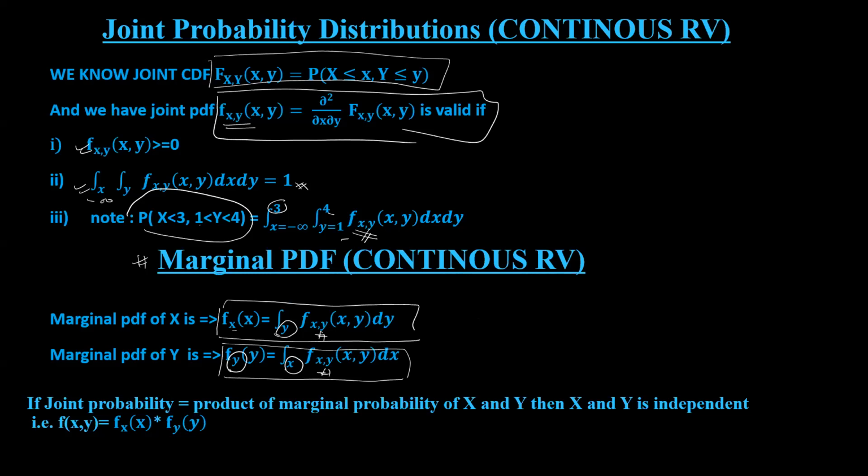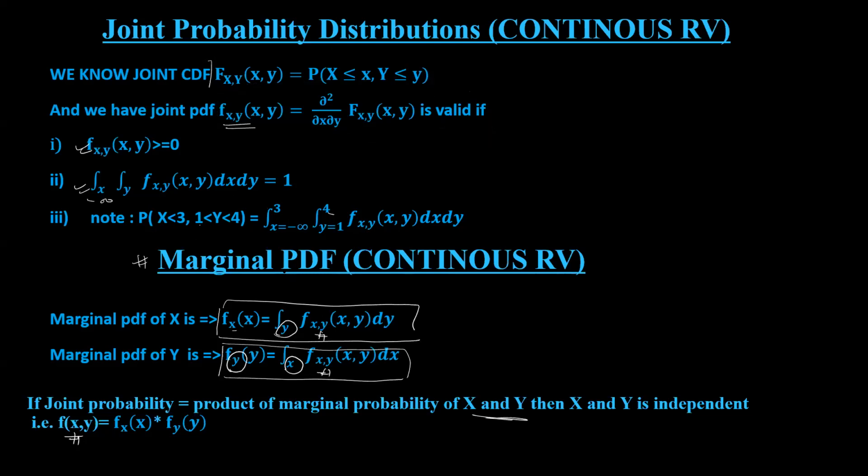Independence is what? X and y are said to be independent if you multiply the marginal probability of x and y, and that is the same as the given density function. Then it is independent. Similar concept as discrete, but everywhere it is in terms of integration. So anyway, we'll quickly go back to the problem and then we'll clear all your doubts. Only one problem I'll do.